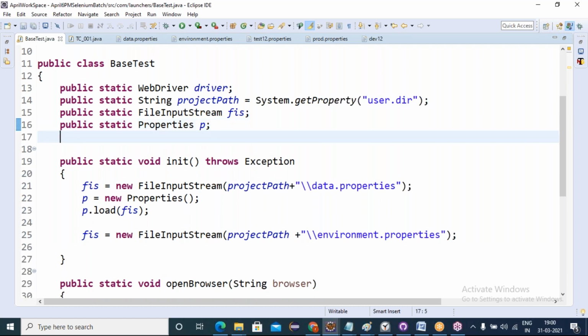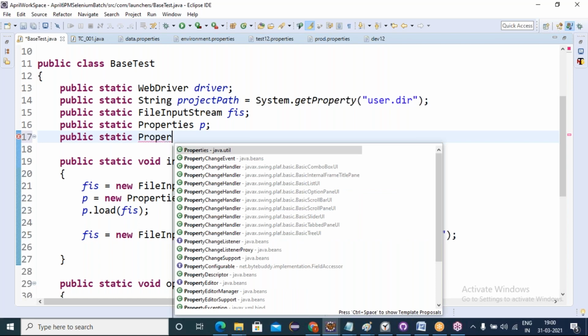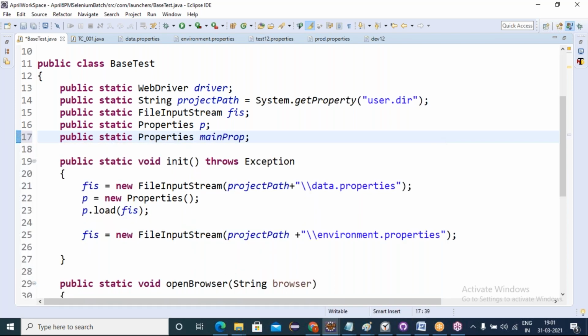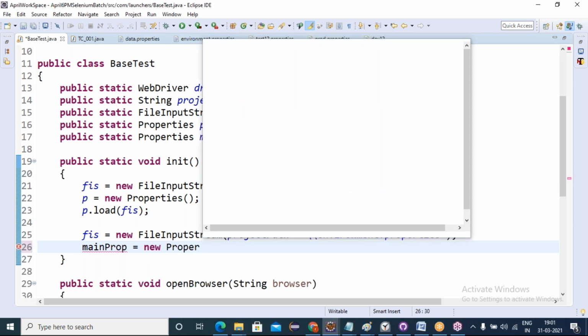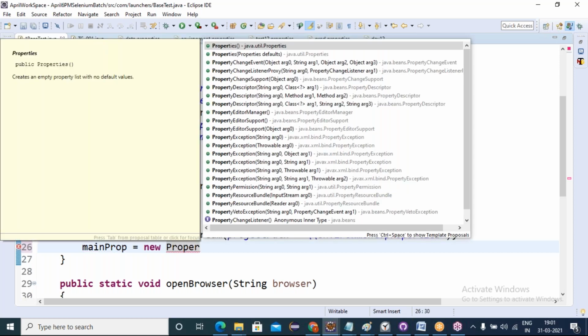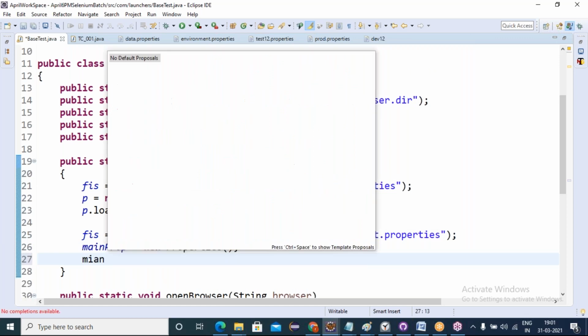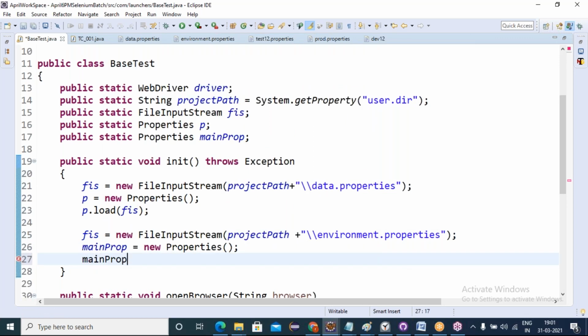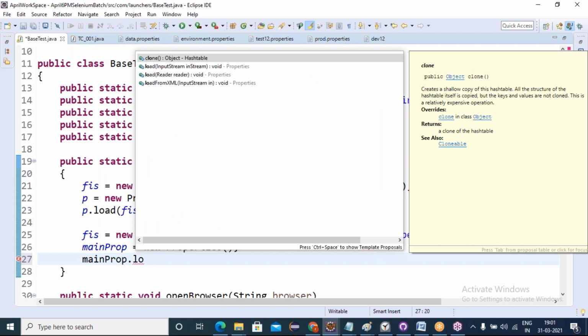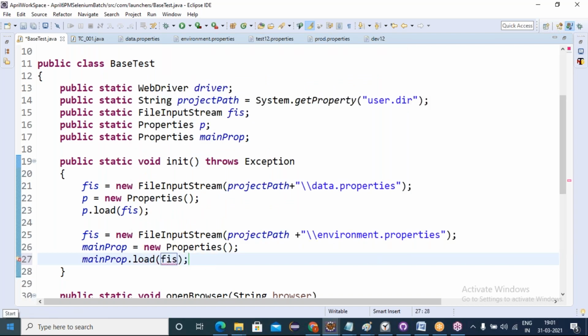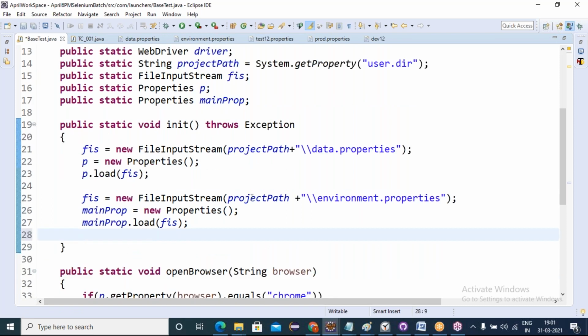So I will create one Properties class reference, main prop, equals new Properties. In this reference I am going to load it, giving the input stream reference FIS. After loading this properties file, I can get the inner key-based values, right?